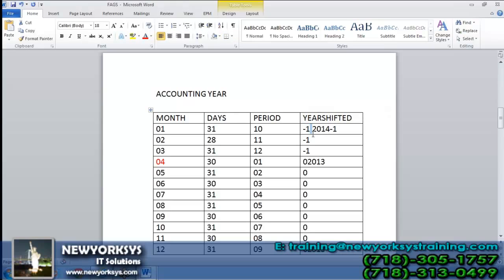I had given you the symbol, minus 1. This is how it is. It subtracts from the year which we are posting, so it is the data of 2013 only. This is how the calculation goes on up to March. Then from April again, it will be 2014 and the first period, so that cycle goes on.